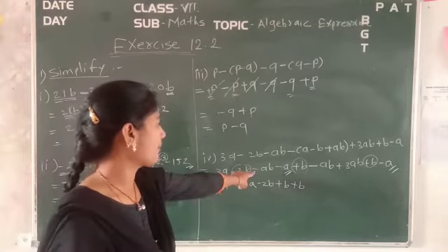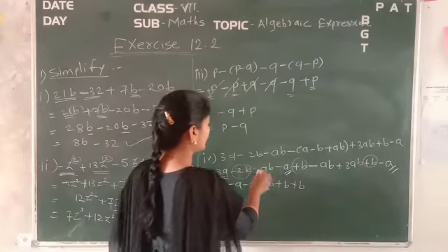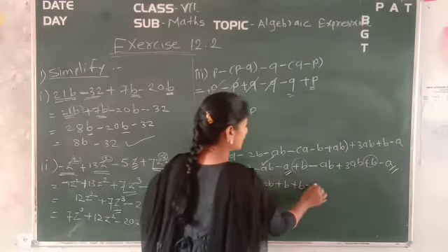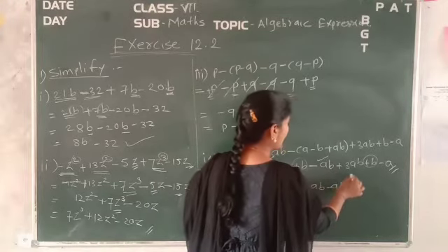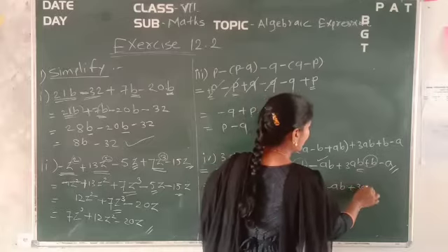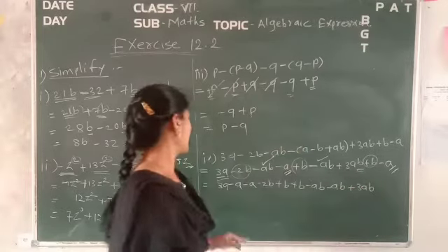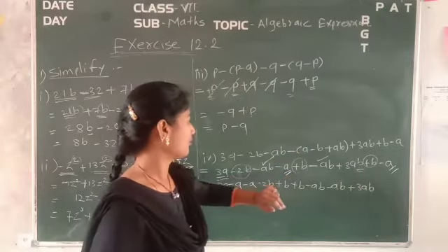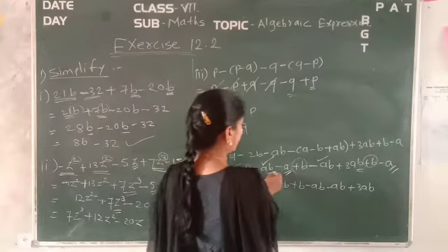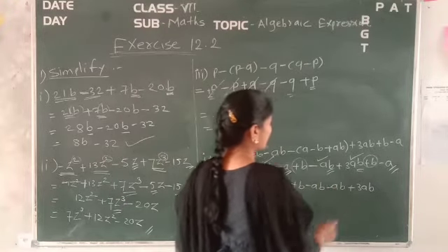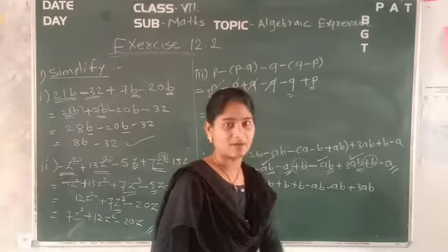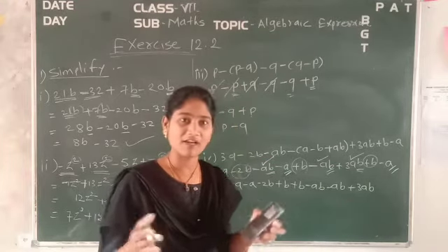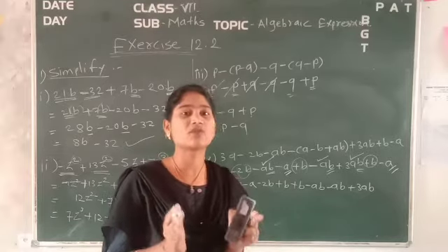Now what remains? The ab term remains now. So here it is minus ab. Minus ab. Here it is also minus ab. And here plus 3ab. Is there any other ab term remaining? No. So ab was here also, and here also: minus ab and plus 3ab. In that way, we have gathered the like terms towards each other.